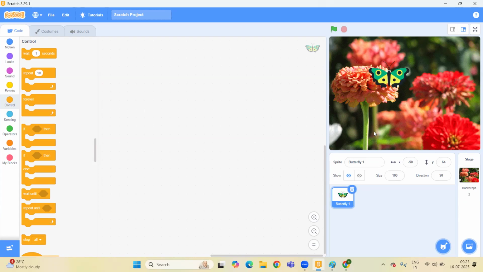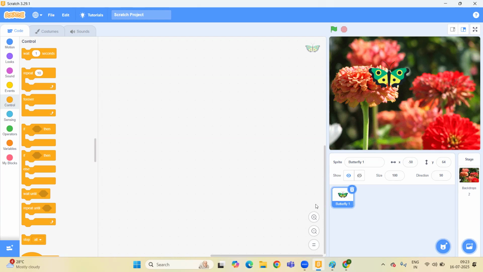Now, this is our basic project designing. So this is our sprite. Whatever instructions we are taking, we will put under this sprite. So here you can see it has already been selected. Now we will use some blocks for this, like events, motion, looks, right? So we will use some blocks for coding. So here's the area where we are going to prepare the code for this butterfly. Okay, so let's start with the coding part.